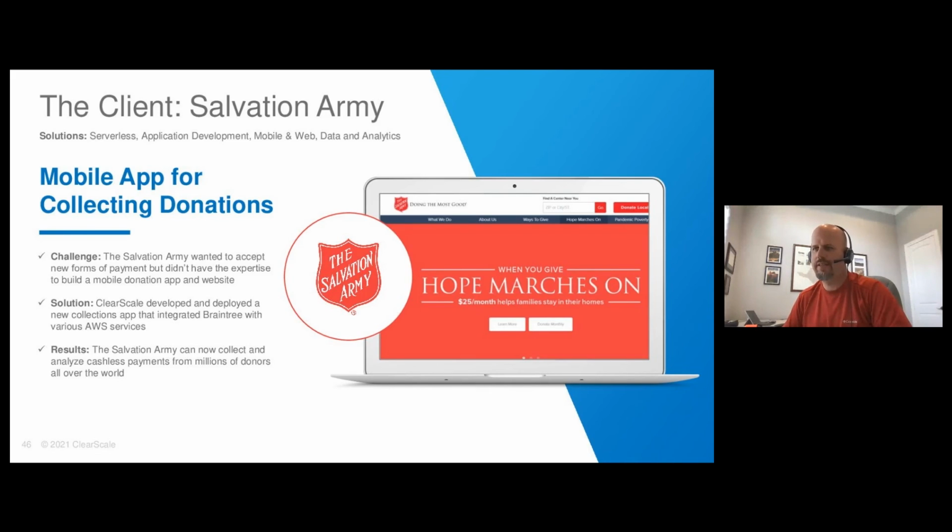This gave us at ClearScale just a little over a month to design the architecture, develop the app, deploy the infrastructure, and get everything tested and running. So for the backend and website, we developed an event-driven serverless solution using Lambdas, an API gateway, and CloudFront running off of S3. It's the same type of solution that we were talking about earlier, using API gateway and Lambdas.